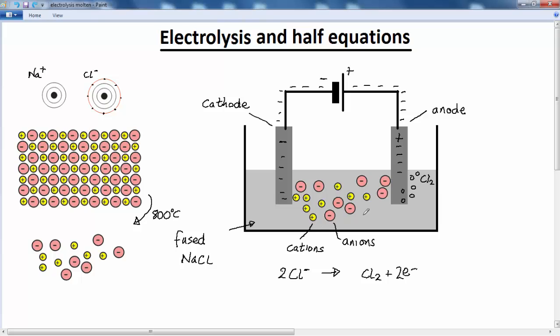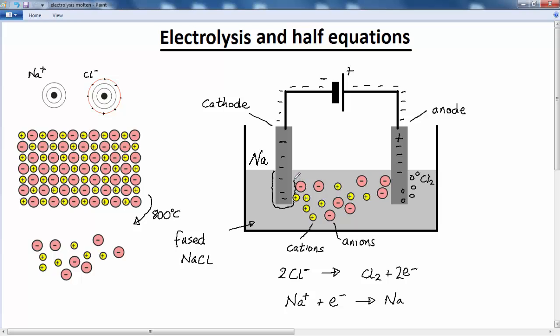Now at the same time as the chlorine ion is donating an electron at the anode to form chlorine gas, the sodium ions are collecting electrons at the cathode to form sodium. So we have sodium ion, which picks up an electron and forms sodium. And as a result of that, we're going to have a layer of sodium